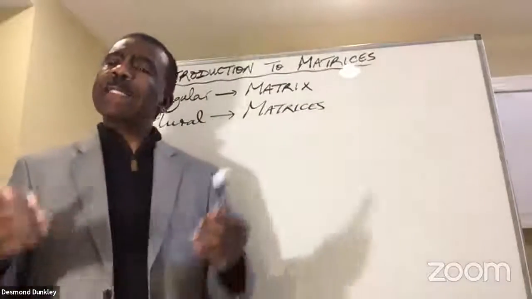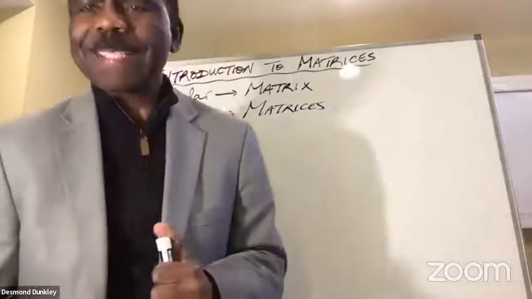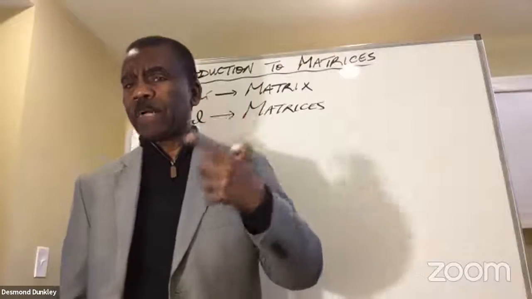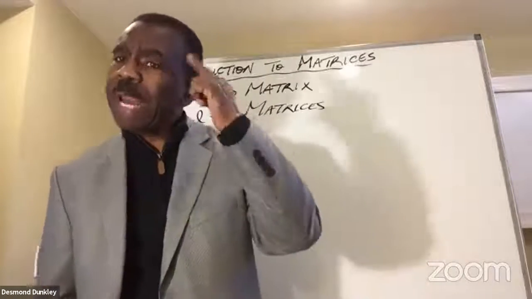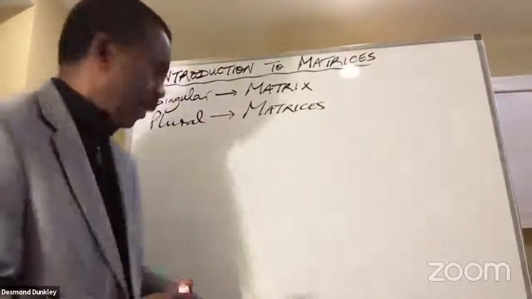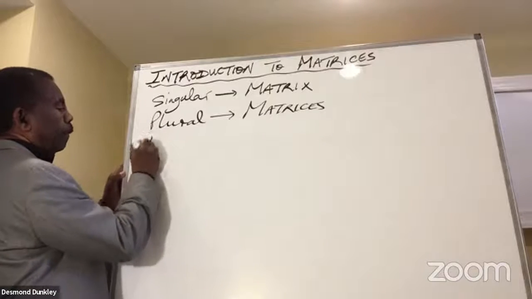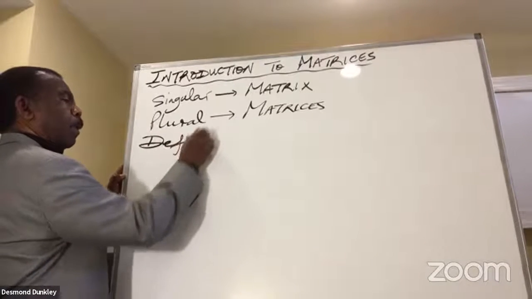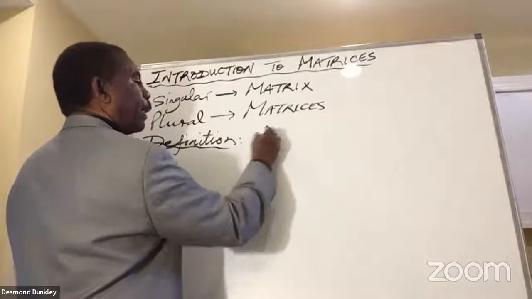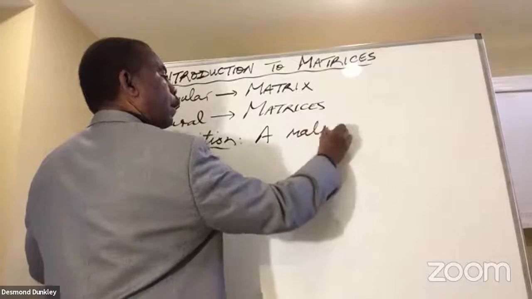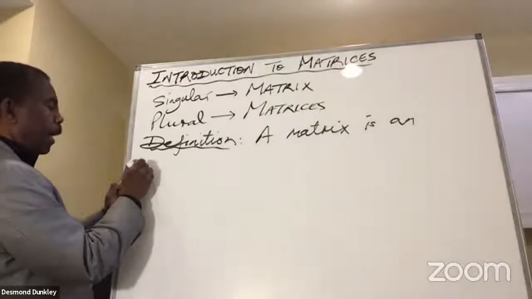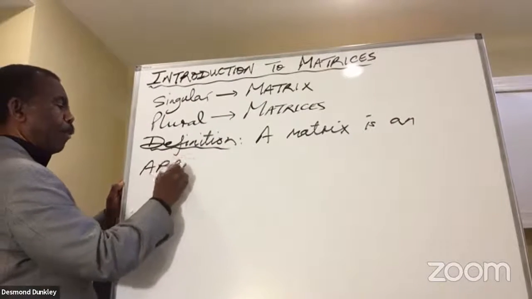So the question is, what is a matrix? I'm glad you asked. A matrix is really an array. It's a computer terminology. It's an array or an arrangement of data in rows and columns. Let me write that down, okay? So a matrix is, so there's a new word. Let me put it like this so you can see. It's an array